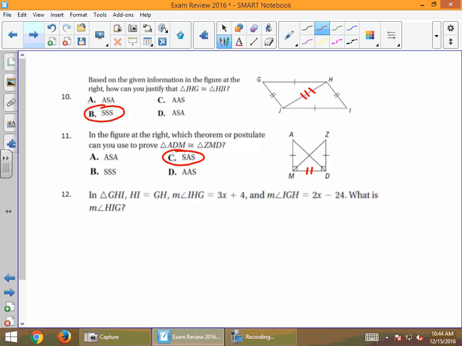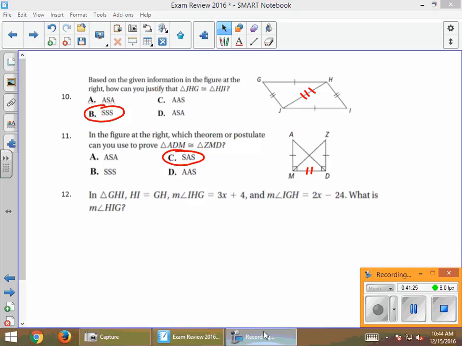Again, this packet is due the day of your exam. It is worth 20